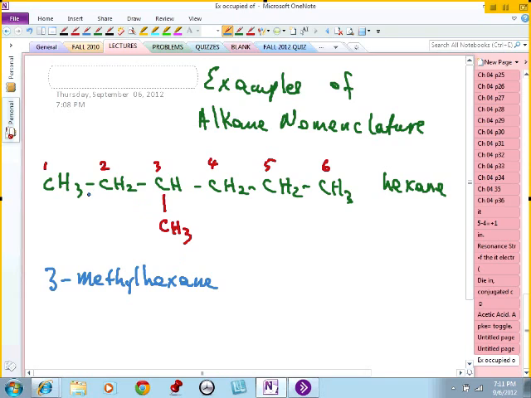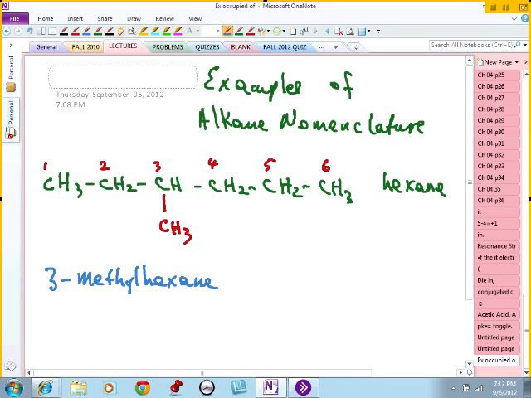Okay, the first thing when you want to give the name of an alkane, you look for the longest continuous carbon chain. Once you identify the longest continuous carbon chain, then you number them, give them numbers. Now you give them numbers such that whatever carbon is attached to a branch, or in this case, what we call a substituent,